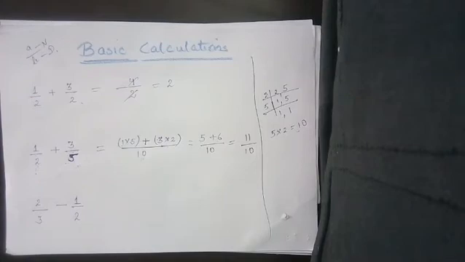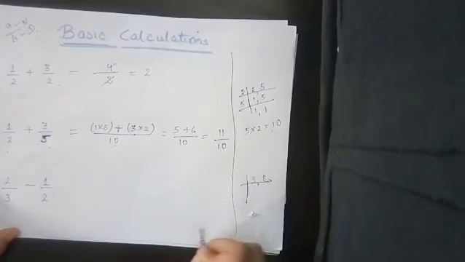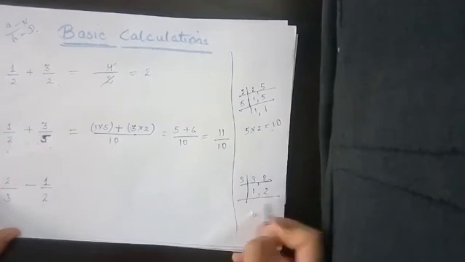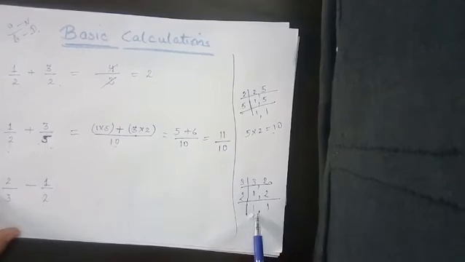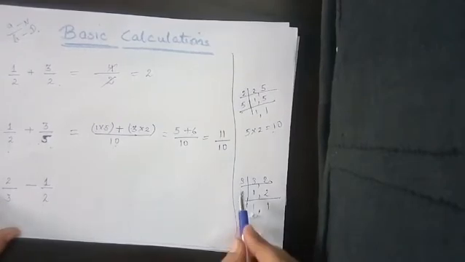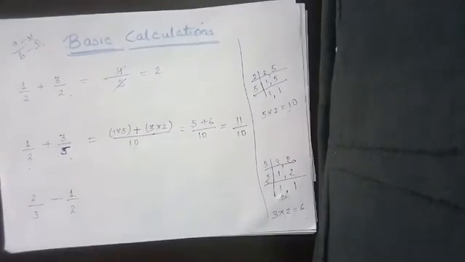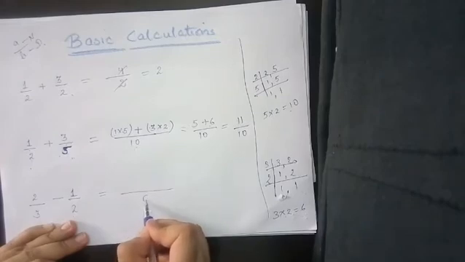Let's move further. Now you have to subtract. But the same condition is there. The denominators are different. So what you will do first step, you will take LCM of 3 and 2. LCM is 3 ones are 3. 3 doesn't go. 2 doesn't go in 3's table. Now 2, 1, 1. LCM ends when both answers are 1. 3 into 2 is 6. Right? So LCM came 6. That answer you will take as denominator.